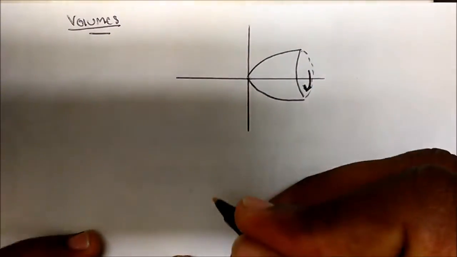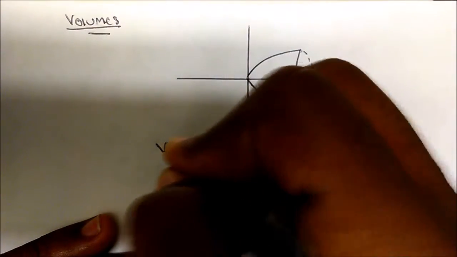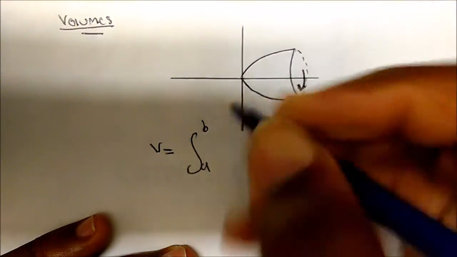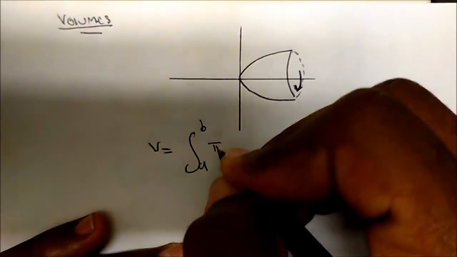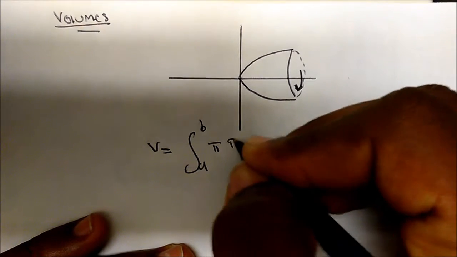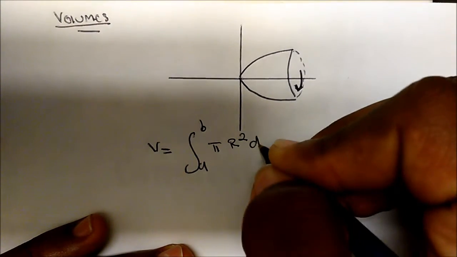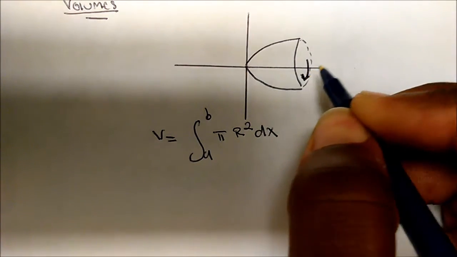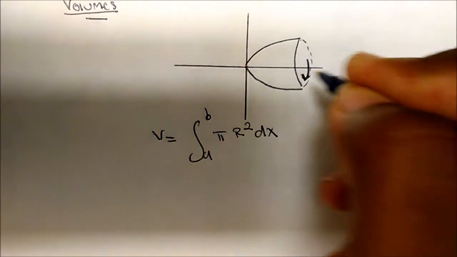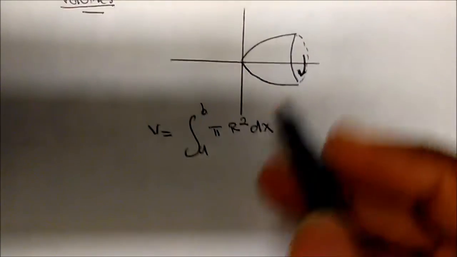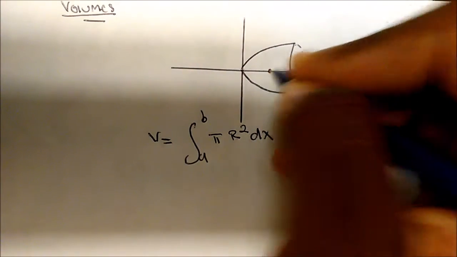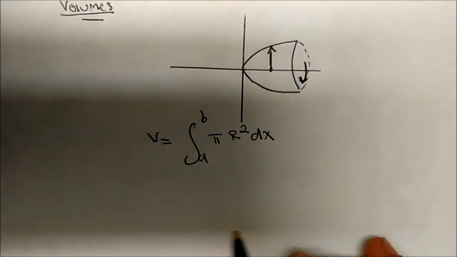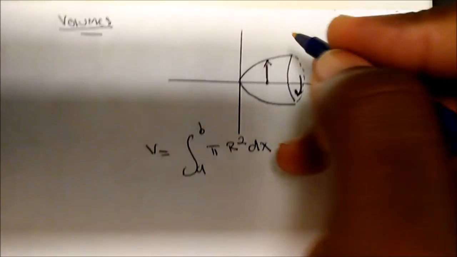And the formula that you should remember for this in terms of slicing using the disk method is the integral from a to b of pi r squared dx. Now this is if we're walking along the x-axis. Now notice, if I'm walking along the x-axis, what is my r? My r is from the actual axis to the function itself. And we know the function here is actually,